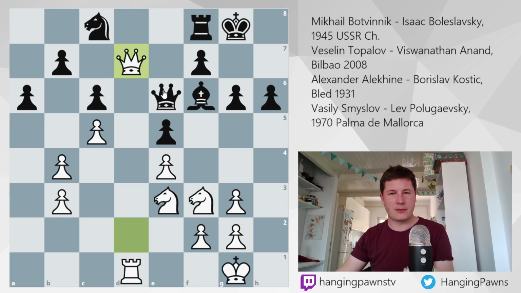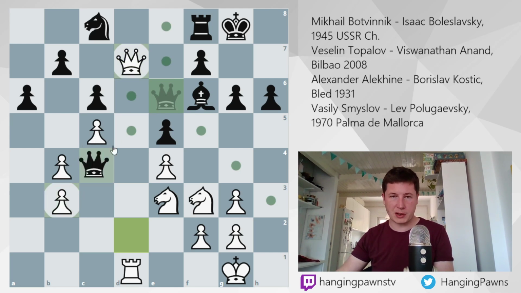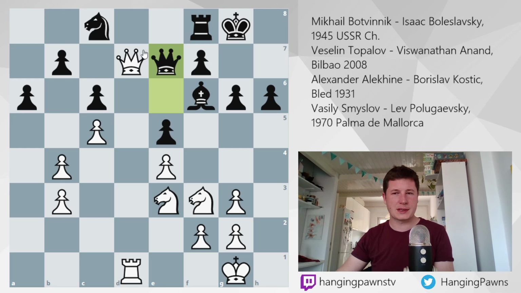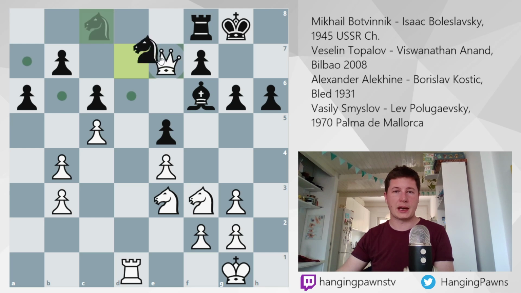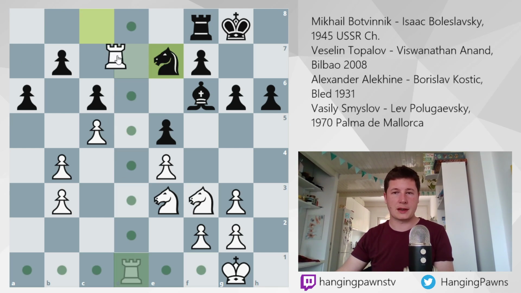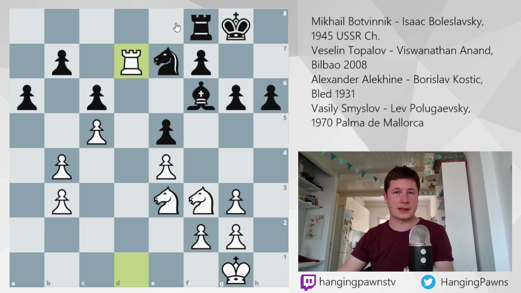Black doesn't really have such a good move in this position. Queen takes b3 was played in the game. A better try is queen to e7. It was a bit more resistant, but after queen takes e7, knight takes e7, rook to d7, this is still crushing. Let's say rook to b8, defending the pawn, and now you have a very, very simple winning move, knight